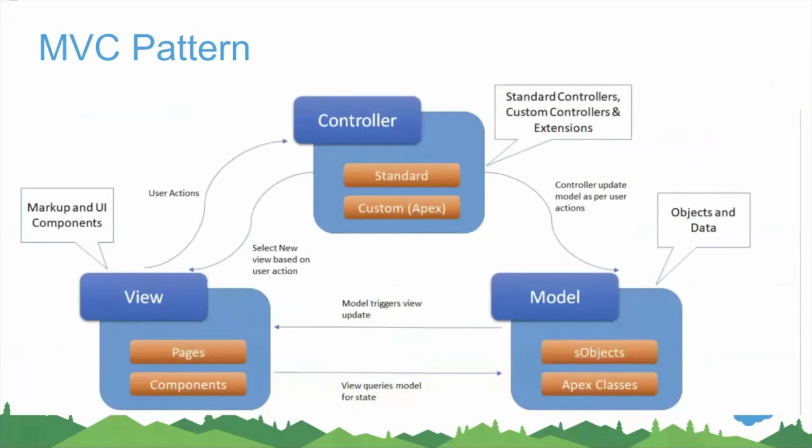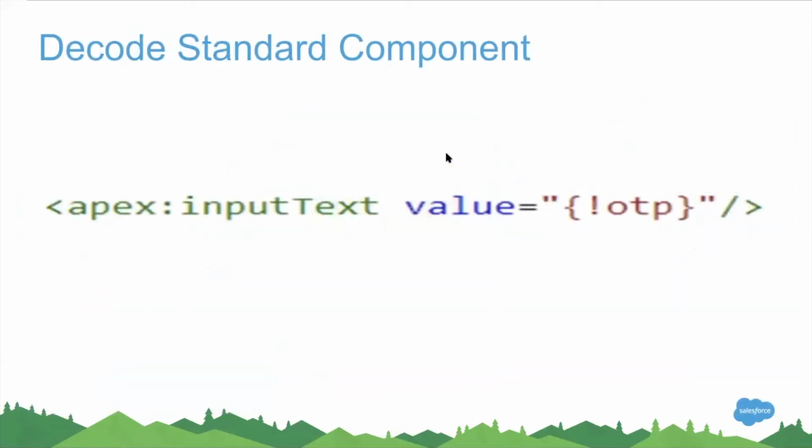Let's see how the MVC pattern works in a Visualforce page. I think you might have already heard about the model view controller. What if you split this with a Visualforce page? The view is whatever you are rendering in the UI, whatever your end user is viewing. The model is whatever you are accessing for data, which in Salesforce will be either an object or an Apex class. And the controller handles the UI as well as controls the entire server-side actions.